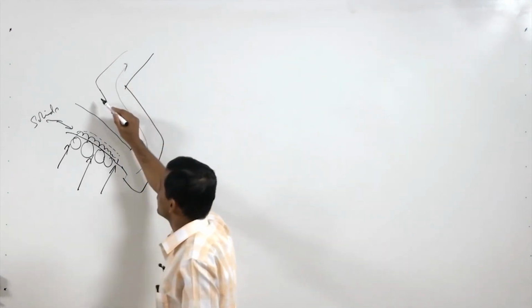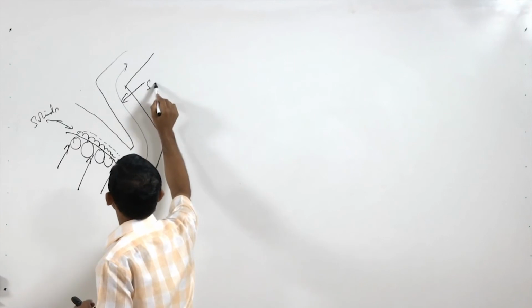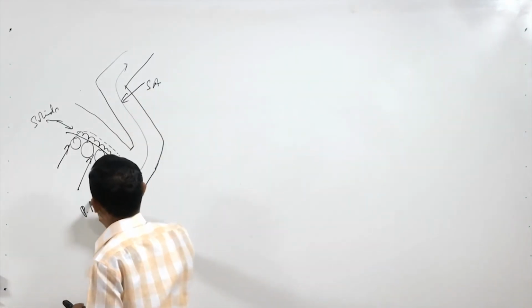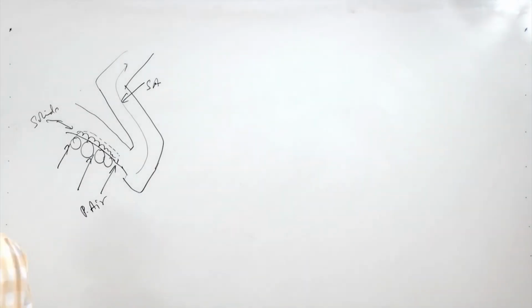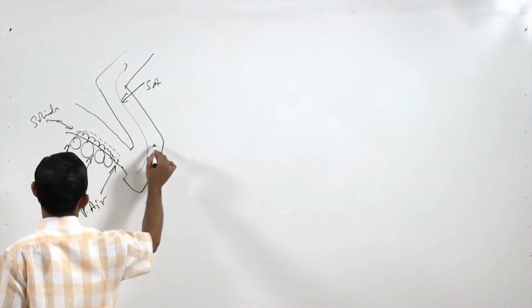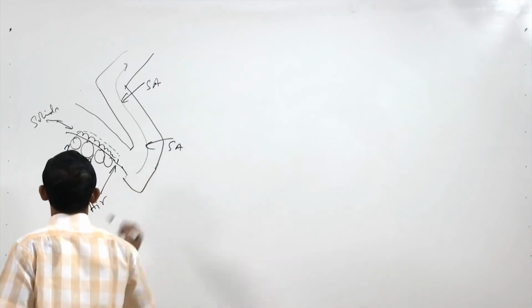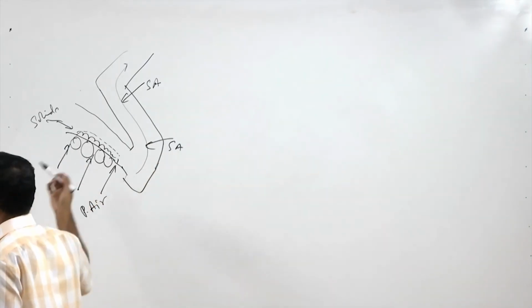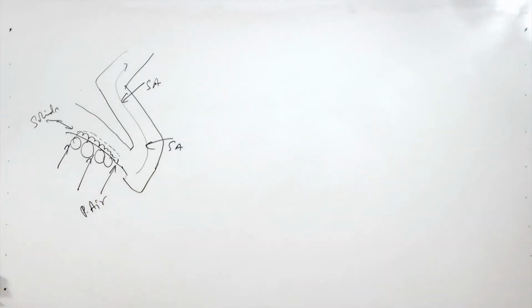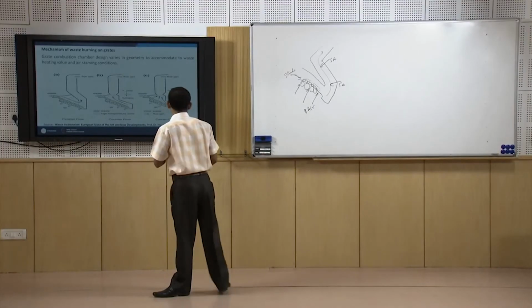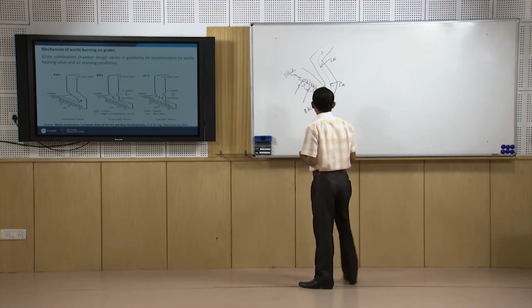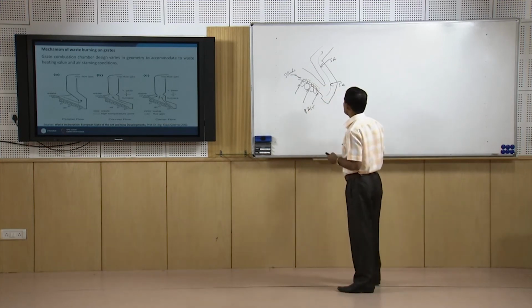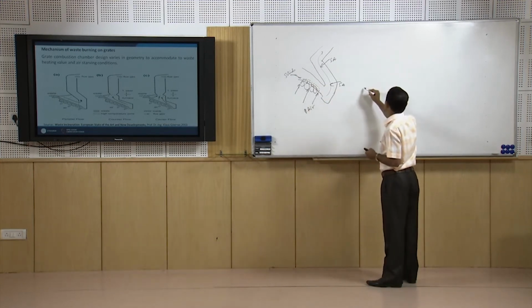So, we can put here secondary air, we can add here primary air. So, secondary air we are putting there, or at any place secondary air may be. So, this is the parallel flow of the solids and air in the combustion zone, particularly on the grate, that is parallel flow. In another case, we may have, this is our solid,